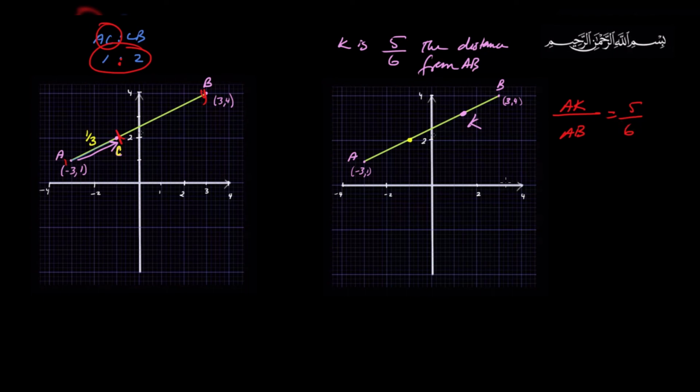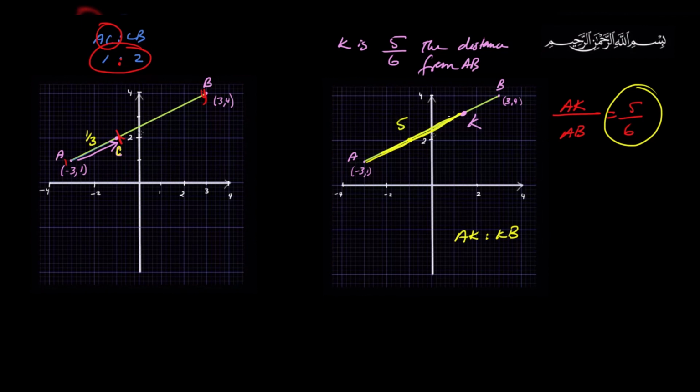But if I say the ratio of AK to KB, now that's different. We're comparing this segment to the smaller leftover segment. In this case, it's small. It could have been bigger, like in the first case. Now, what's the ratio now? How do you take this understanding of the whole thing and compare it to the ratio of the smaller parts? Well, that's easy enough. If from here to here is 5/6,